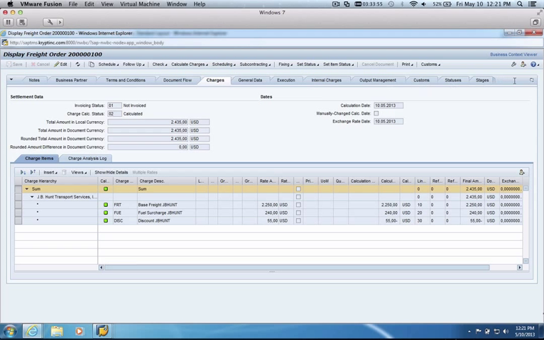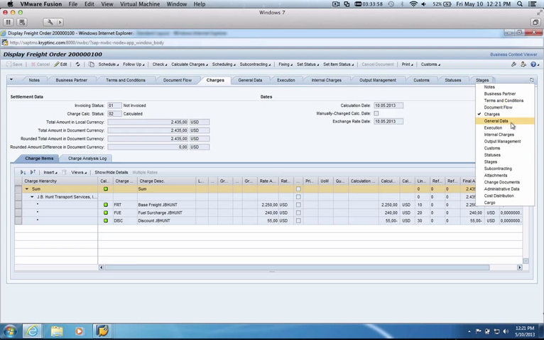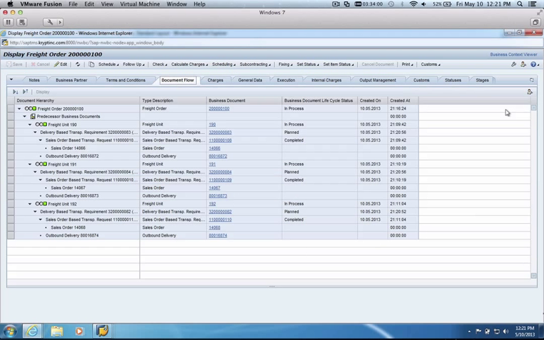I'll open the freight order, now going to the documents flow, and here you can see that the delivery has been created in ECC. We can see 3 outbound deliveries have been created in ECC, and also the outbound delivery numbers. So I can quickly open up this particular delivery in ECC and confirm that it has been created in ECC. So if I open up this sales order 14066,